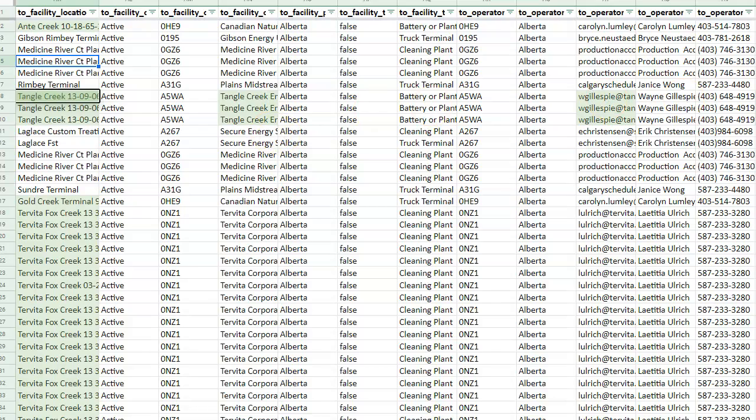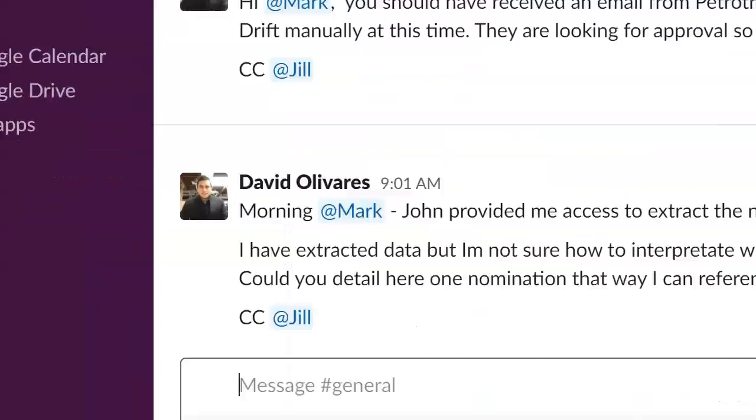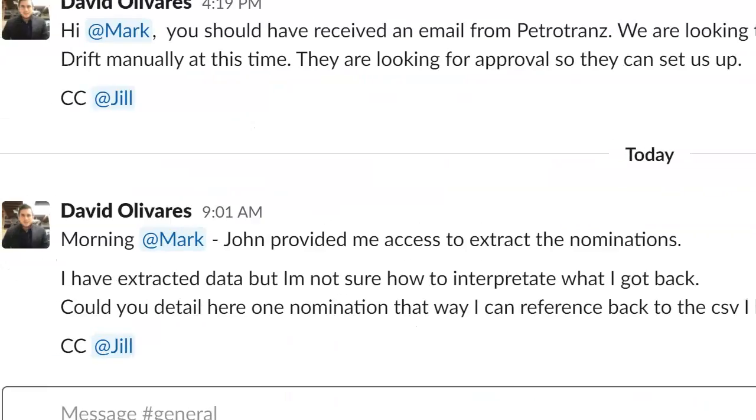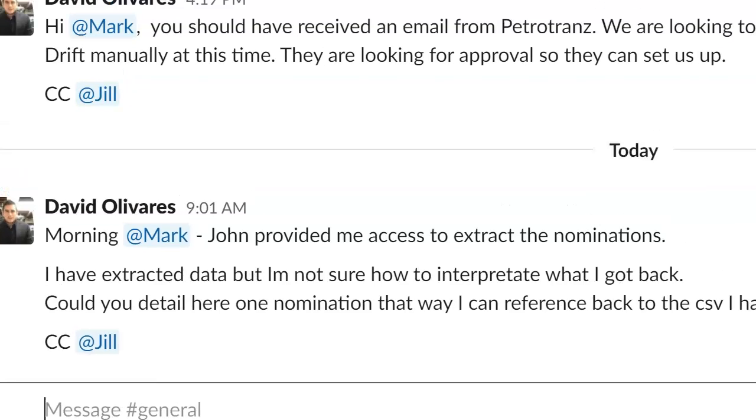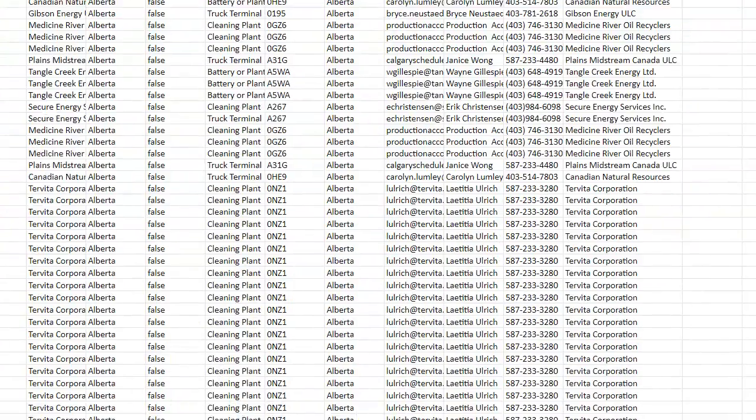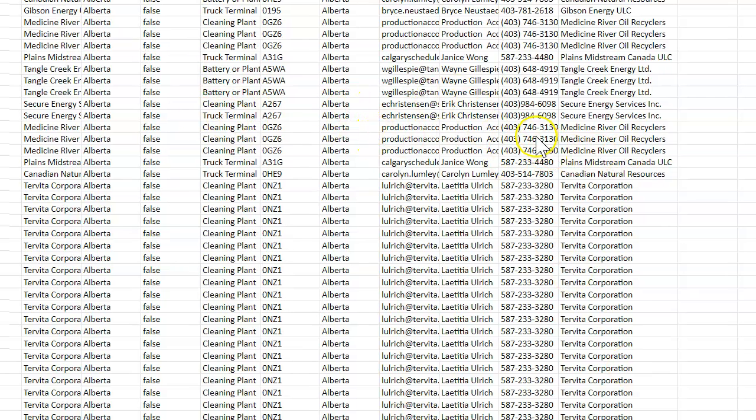Just so you have an idea of what I'm trying to do. So I did request it, Mark. Like, hey, Mark, can you give me here one nomination that you have for this month? Because I'm thinking that if you give me one nomination, then I can cross-reference that nomination, try to find it here in this document, and then if I find it here, maybe I can interpret that data. I don't know if you're on that channel, but if he replies, I'll let you know. So far, this is what I'm thinking, just so you know. If you have an idea, then